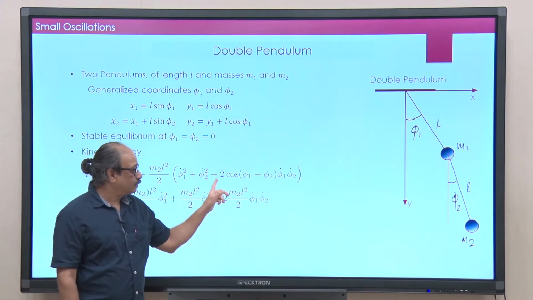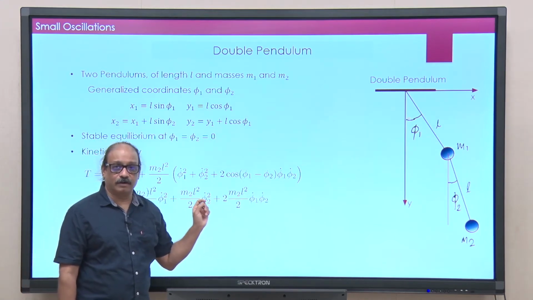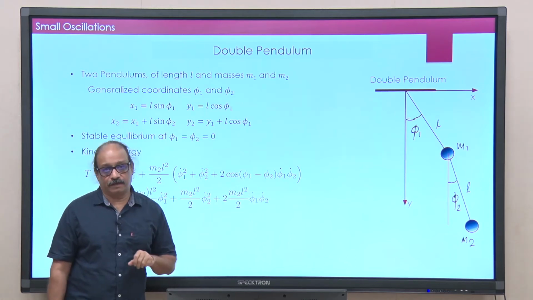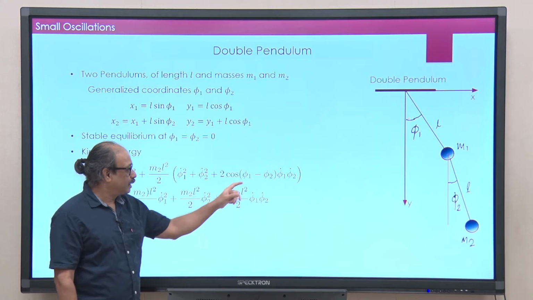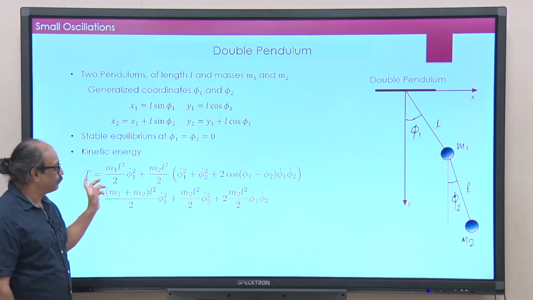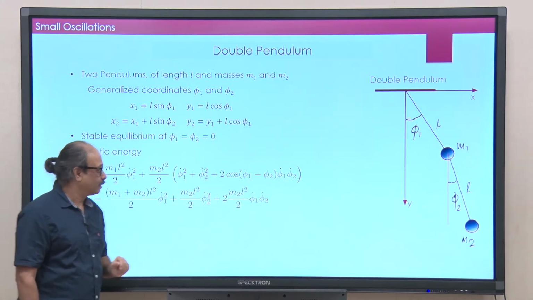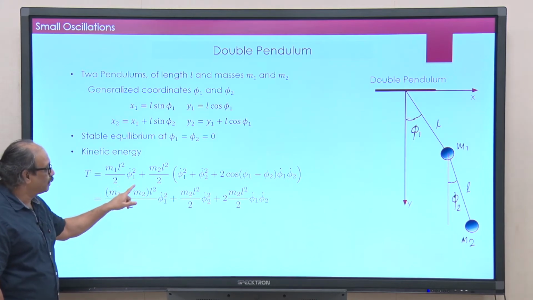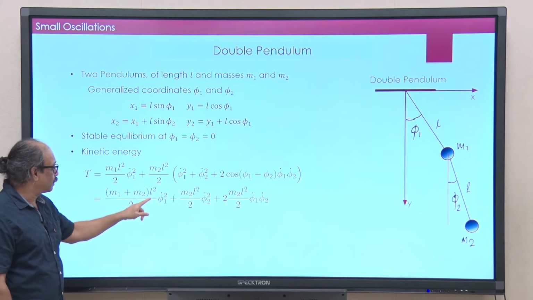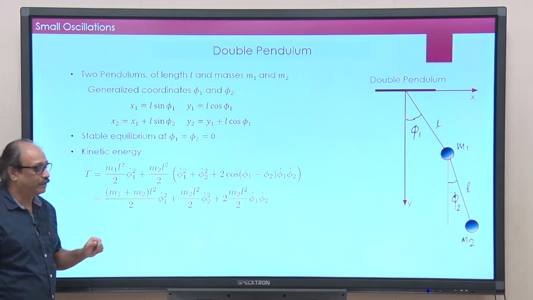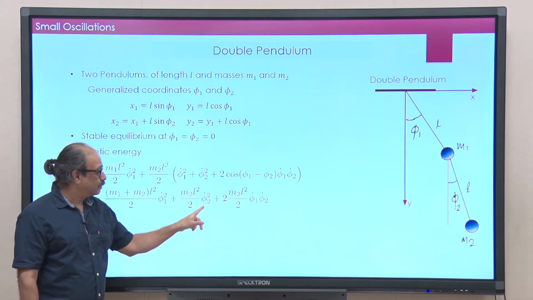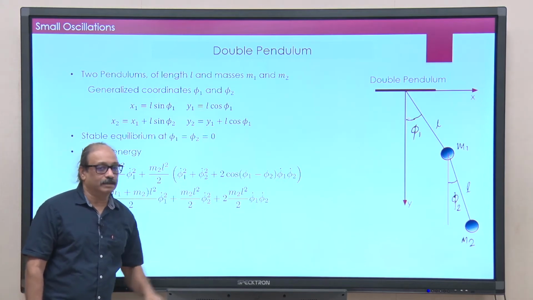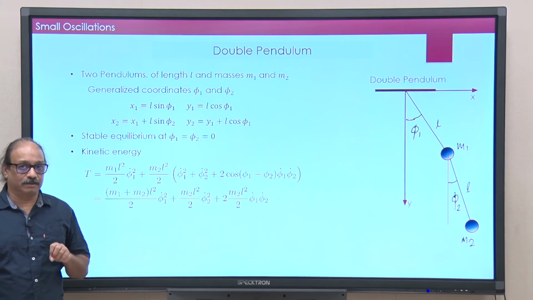So, we do not want anything that depends on the coordinates. So, I am going to put phi 1 is equal to 0 and phi 2 is equal to 0. If I do that, then you can simplify the whole kinetic energy term, and you have phi 1 dot square here. So, I have put it together as a phi 1 dot square, then there is a coefficient of phi 2 dot square, and this term here we are going to split it into two parts.